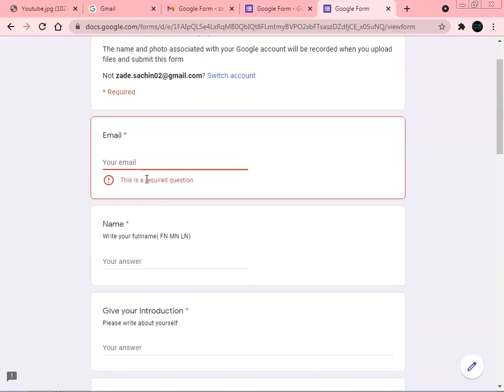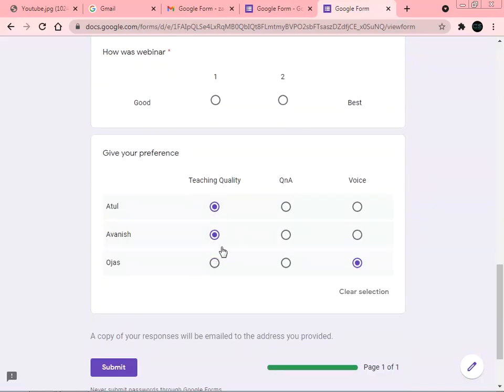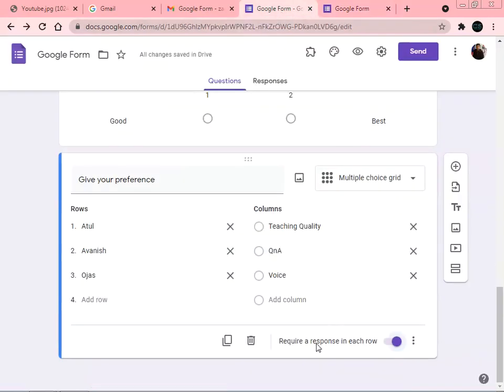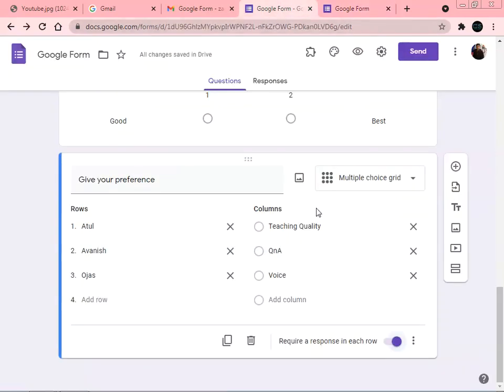So initially we have to fill this, then only we will get it. If we select require a response in each row, we cannot select the same teaching quality for two persons. This will restrict the entry.